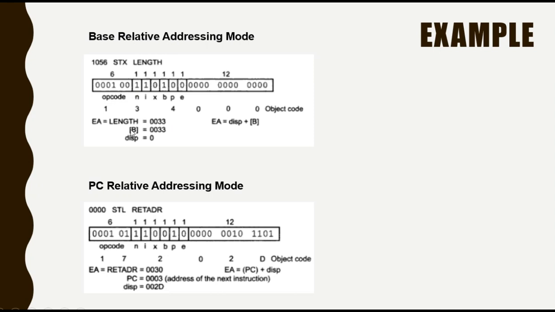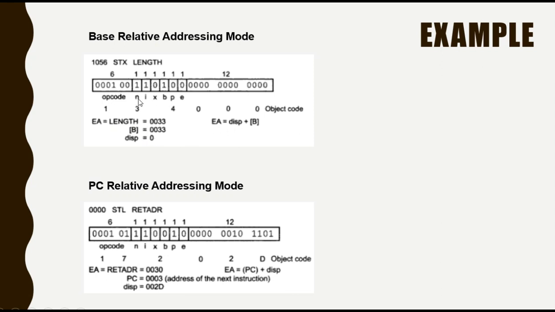Then the content of B is also considered 0033, meaning the base register holds the LENGTH address. So displacement is 0, because in the base register the LENGTH address will be stored. There is no displacement.